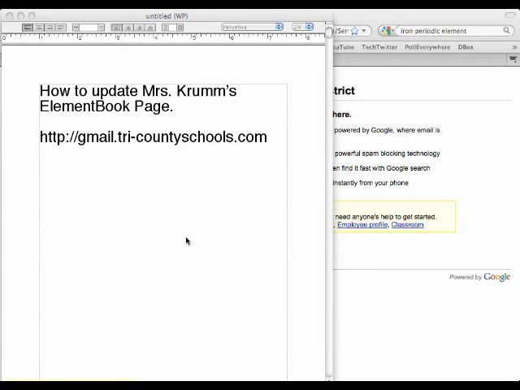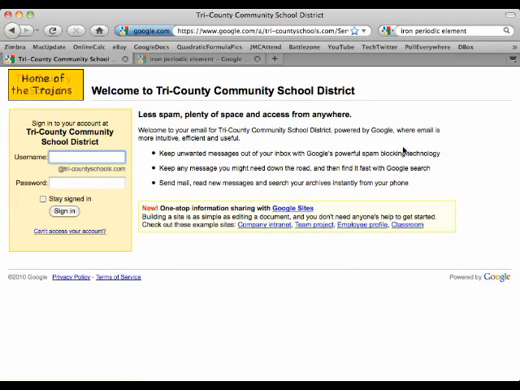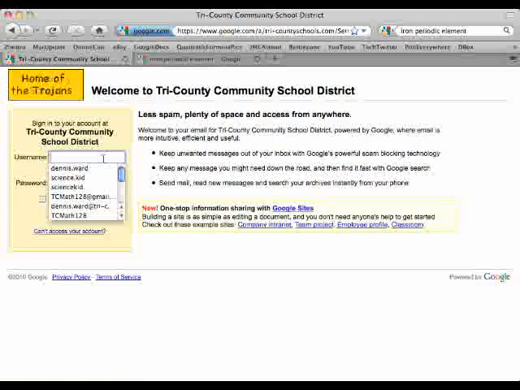Okay, here's a process for updating Mrs. Crumb's Element Book page. First, use your web browser to go to this address, gmail.tri-countyschools.com. That'll bring you here, the login page for the Google Docs. Log in as the user science.kid